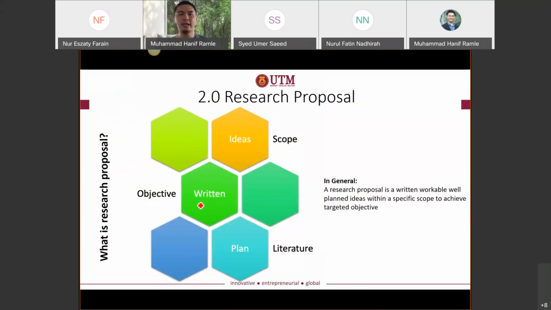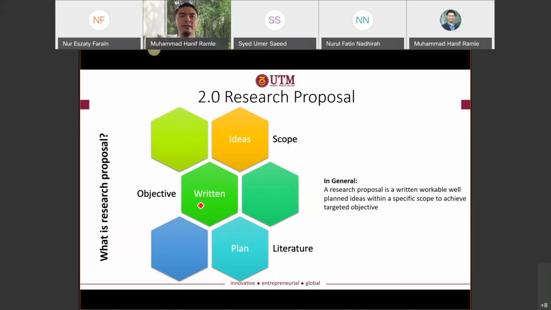Okay, so this is the second item, which is a research proposal. What is a research proposal actually? A research proposal is the thing that you plan for your research study. You propose something, you propose a method, you propose a new device, for example. You find out what the problem is from the existing literature, what kind of problem has not yet been discovered by others, what kind of method, what kind of analysis has not yet been done by others. So this is your proposal.